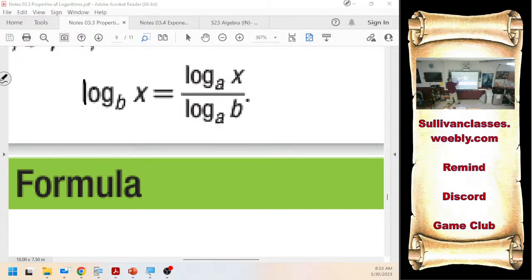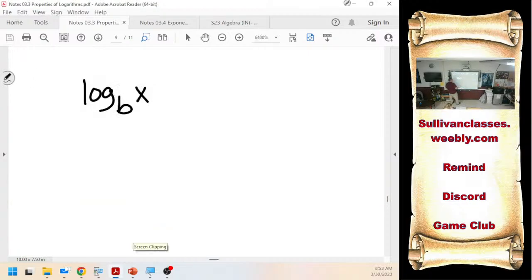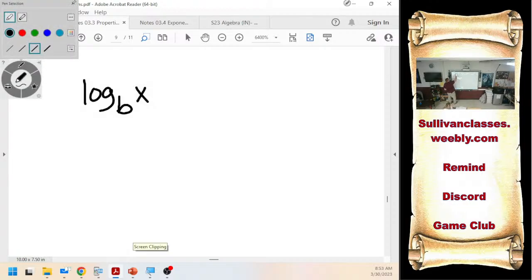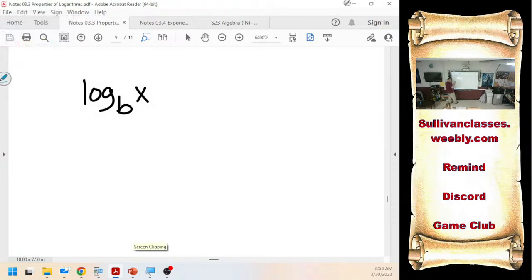So say I got log base b of x. I can choose to multiply this by any log that I feel like, so long as it's thing over thing. If I got like 5 over 5, or log of 3 over log of 3, it's always 1. So if I were to multiply this by log base c of